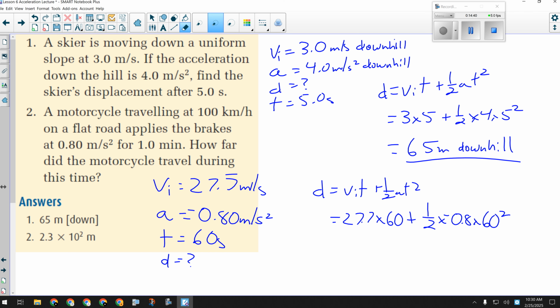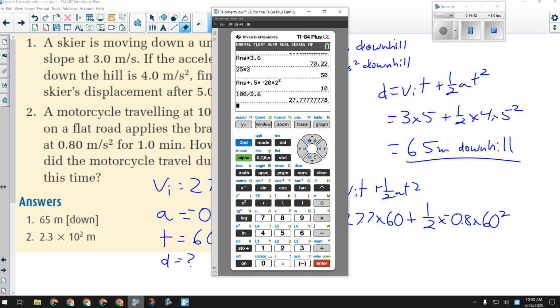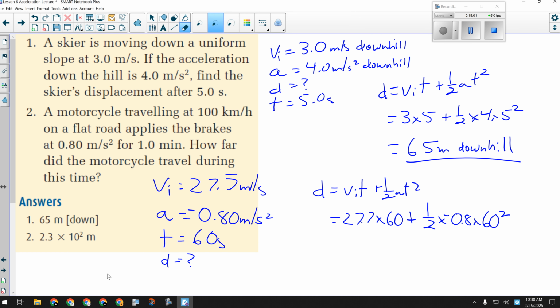When we punch all that in, we'll take that number and multiply it by 60, and then add that to 0.5 times negative 0.8 times 3600. So it's going to travel, to two significant digits, 2.3 times 10 to the 2